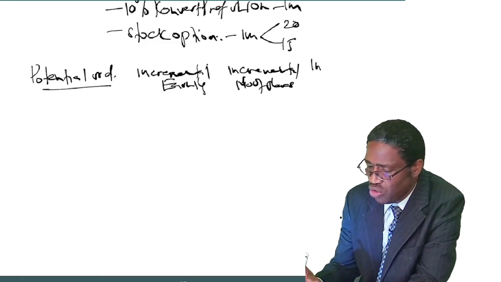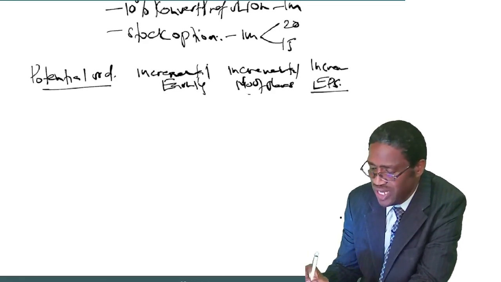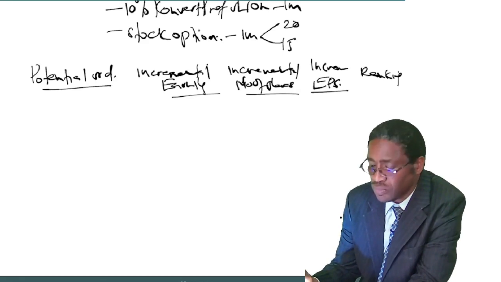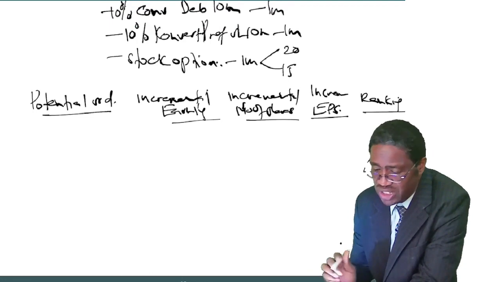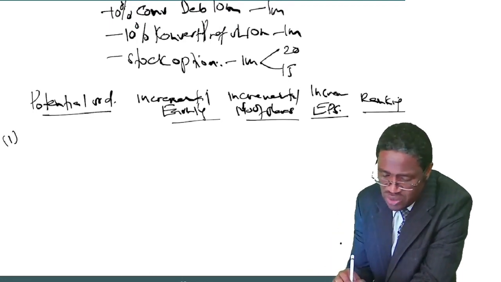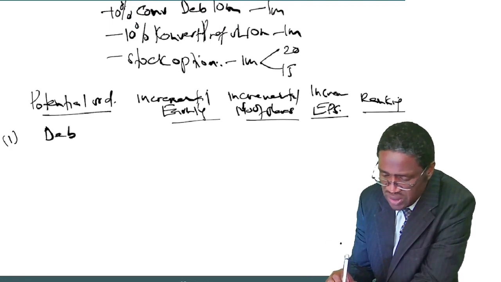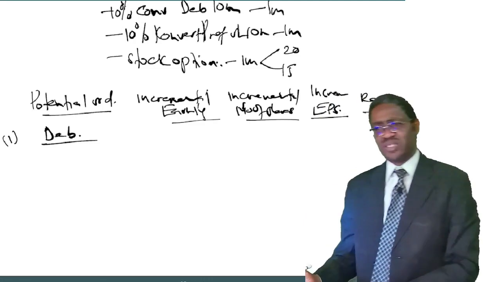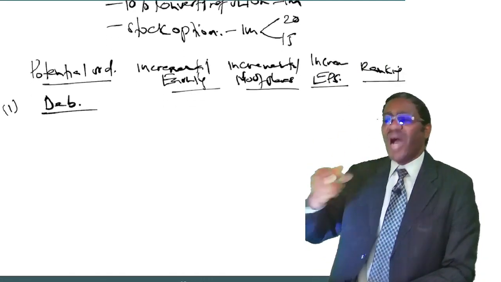Then you will need another column called incremental EPS, and then another column we shall be calling the ranking. So for each potential ordinary share, let's start with the first one, convertible debentures. You will need to ask yourself, listen, if these debenture holders had converted, would our earnings have changed